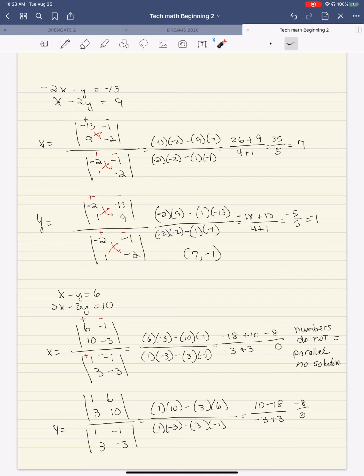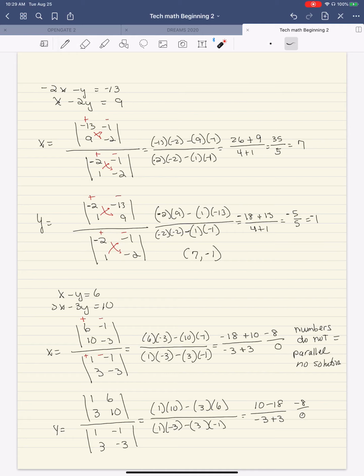If you're solving for x, take x out, put in the constant terms. So it's minus 13, 9 here, and this still stays y, minus 1, minus 2. Solving for y, I take out the y and put in the constant terms. So the x stays the same. Notice it pretty much just carries up. Minus 2, 1, and these are my constants, minus 13, 9. I put in all my pluses and minuses, plus, minus, plus, minus,